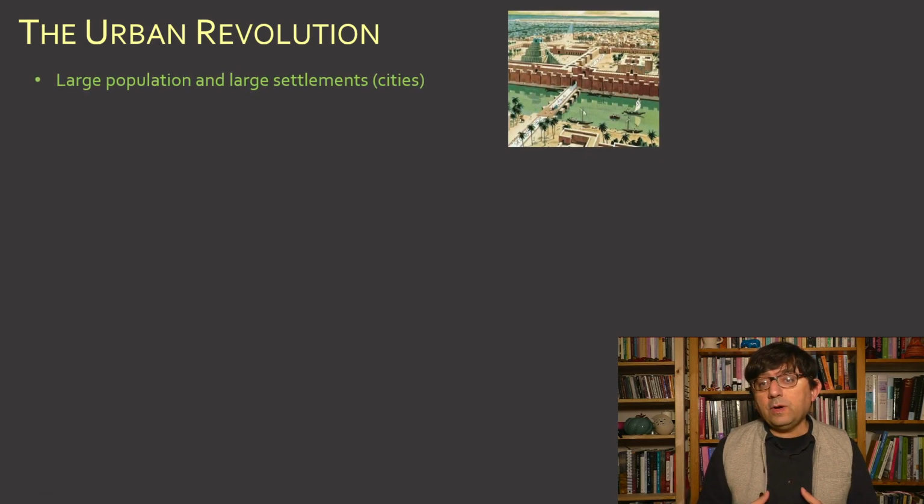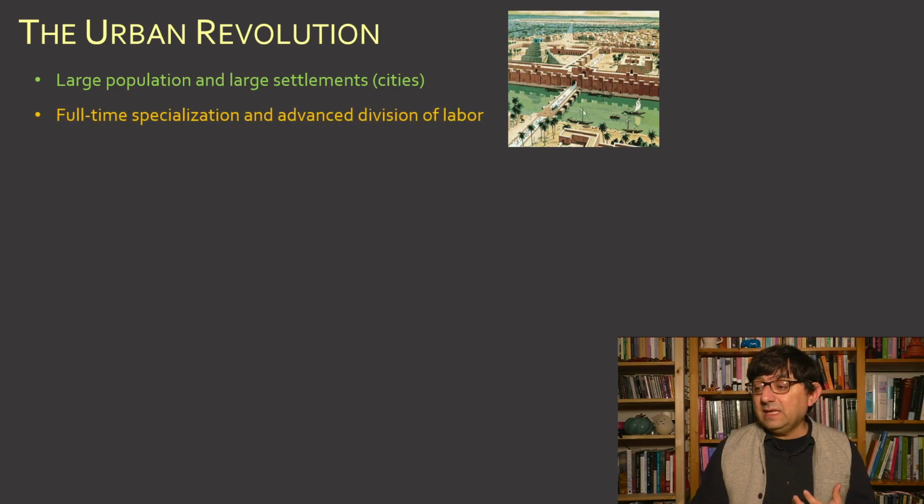So let's talk about how we imagine this urbanization process. What are the components of this urbanization process? The first one is, of course, large population, large settlements. We start to see large groups of people starting to live together in large settlements that we start to call cities. In the cities, there is full-time specialization and advanced division of labor, which means that you have these specialized